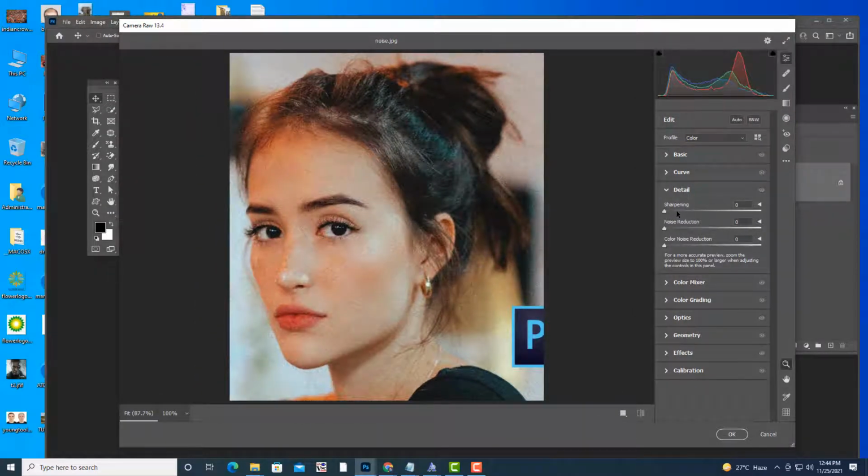Come to this detail section. Here we have noise reduction and color noise reduction. Since it is a color image, we will use color noise reduction. Try to increase it. We will also try to increase the noise reduction. It will not do a 100% perfect job, but you can still use it. See, it is doing the job. We will also increase the sharpening here. But let us actually do a comparison test.